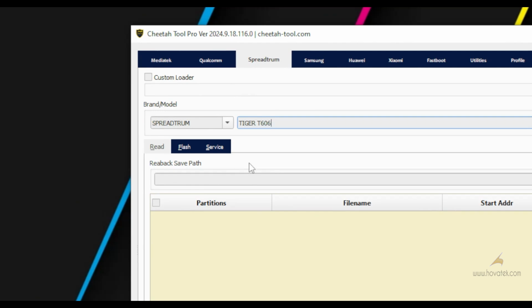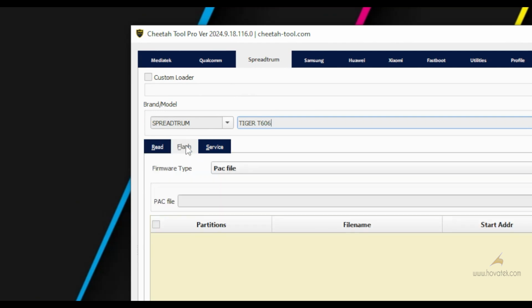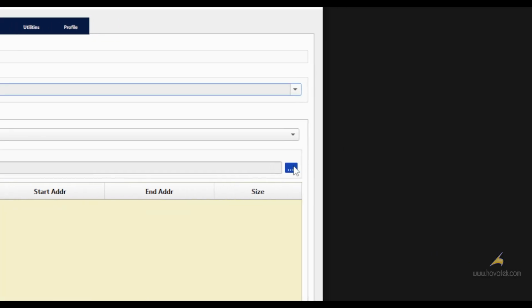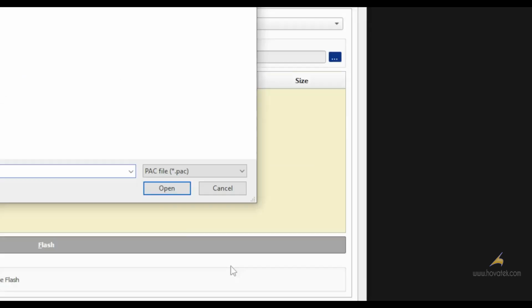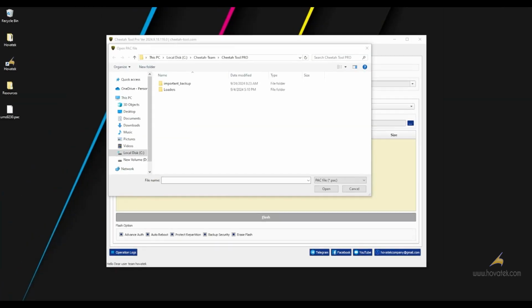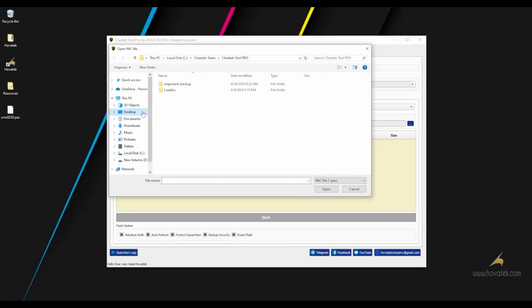Now once that is done, you click on the flash tab, and from this firmware type you leave it at pac file. Now you need to select the pac file which you intend to flash, so you come over here to this button on the right and then you click on it. Now you select the pac file which you intend to flash and you click on open,